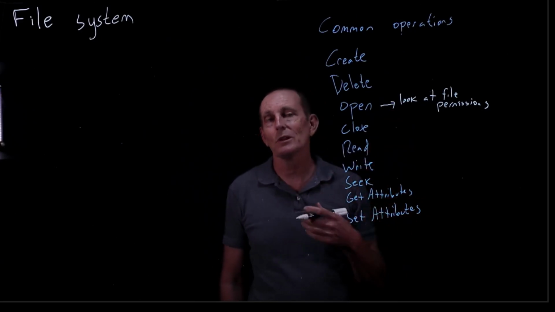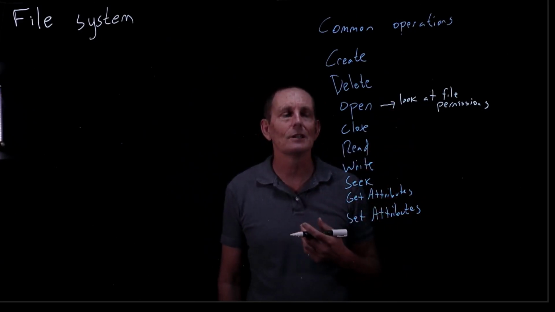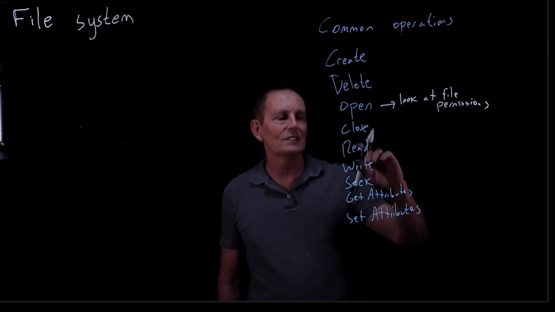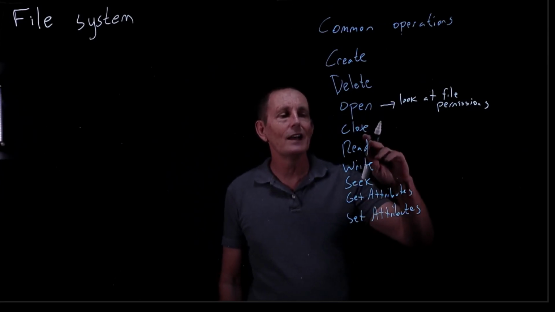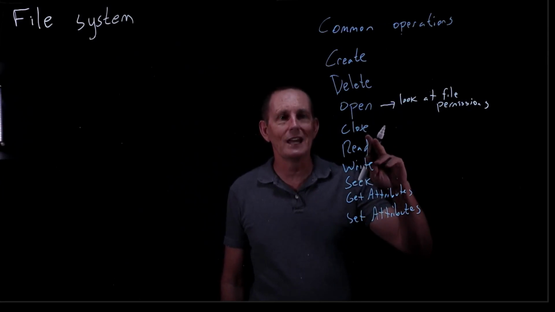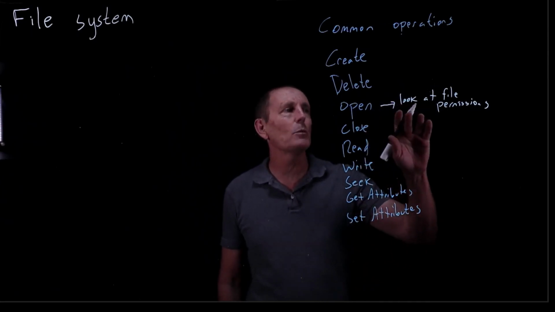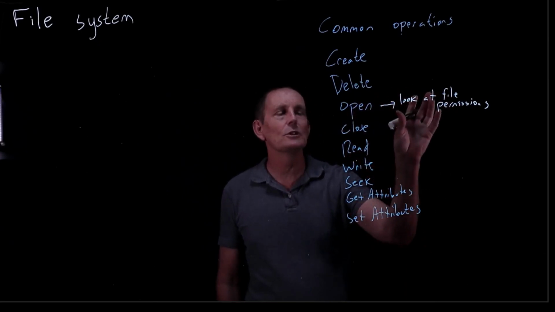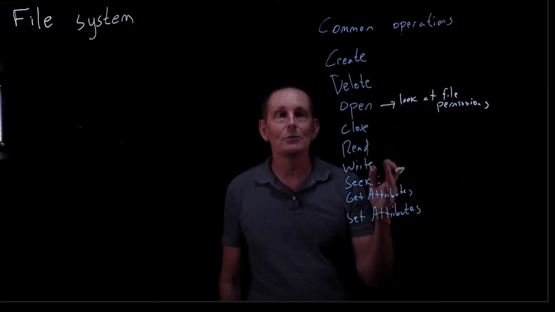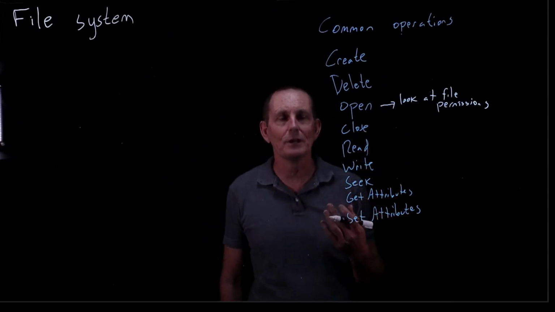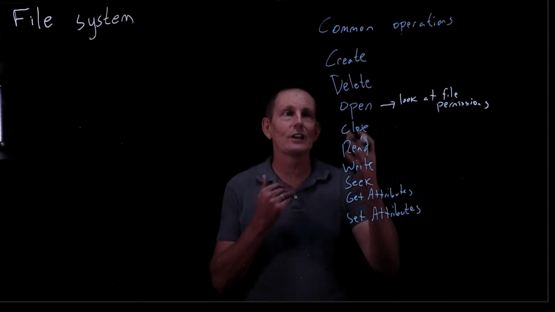The open is going to take a parameter, whether you're trying to read or trying to write, so it can keep track of that. And then from then on, you can seek in the file, you can close the file, and you'll be able to either read and/or write depending on how these permissions have been opened. But it's not going to look at the file permissions anymore. Once you do an open, it will keep track of whether you requested reading or writing, and whether you have permissions for reading or writing. If the permissions don't match, you'll get an error.